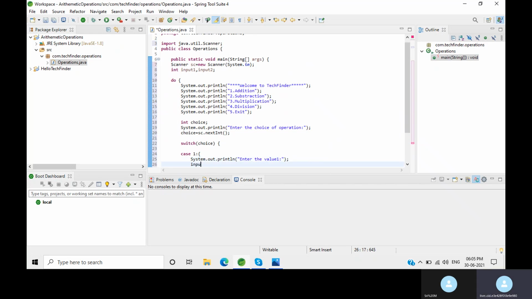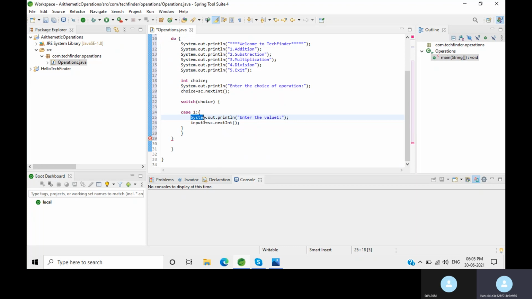Write the scanner statement for input 1 equal to sc dot next int. In the same way, value 2. Just copy this and paste it. Value 2, input 2. Now write the sysout statement again to print the result.